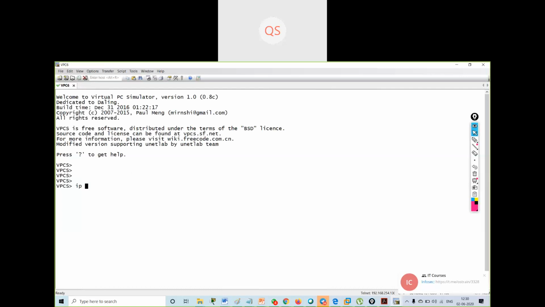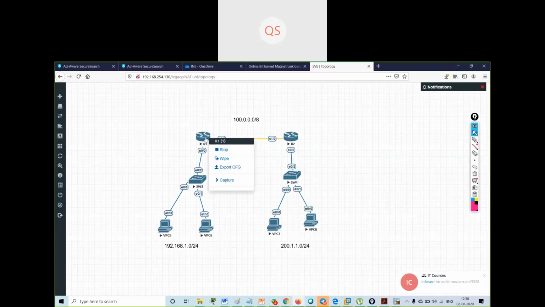IP 192.168.1.2, 255.255.255.0, 192.168.1.100. Take the console of the router.